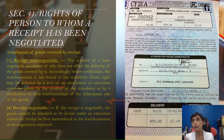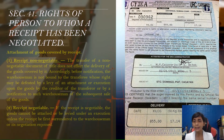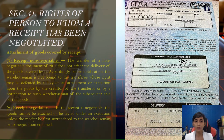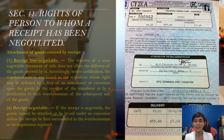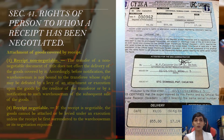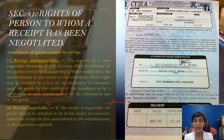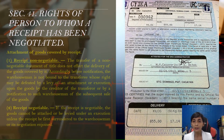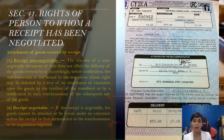So if the receipt is non-negotiable and there is a levy upon the warehouse receipt, and such transferor has an obligation to his or her creditor, right? And these goods are being attached and executed upon, because the creditor needs to, of course, claim his rights to a certain sum or amount that the transferor or the depositor herein is obliged to pay him. But because there is a non-negotiable instrument and the possession of the commodities is with the warehouseman,